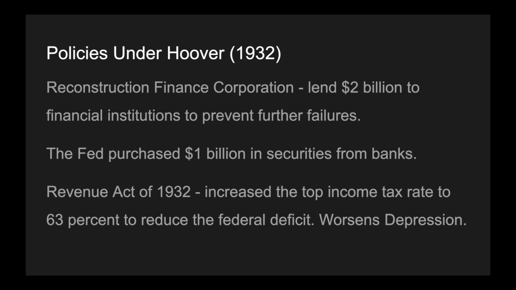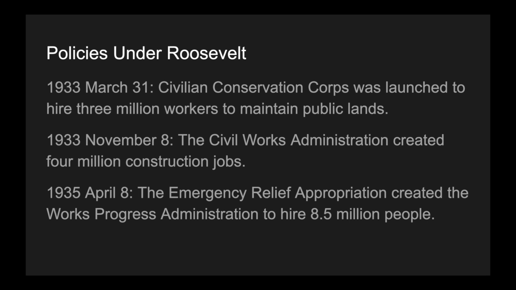However, Hoover wanted to reduce the federal deficit, so he released the Revenue Act of 1932, which increased the top income tax rate to 63%. This inevitably worsened the Depression. Hoover's failure in resolving the Depression was the main reason he lost the election against FDR. When Franklin D. Roosevelt took over as president, he released another set of policies called the